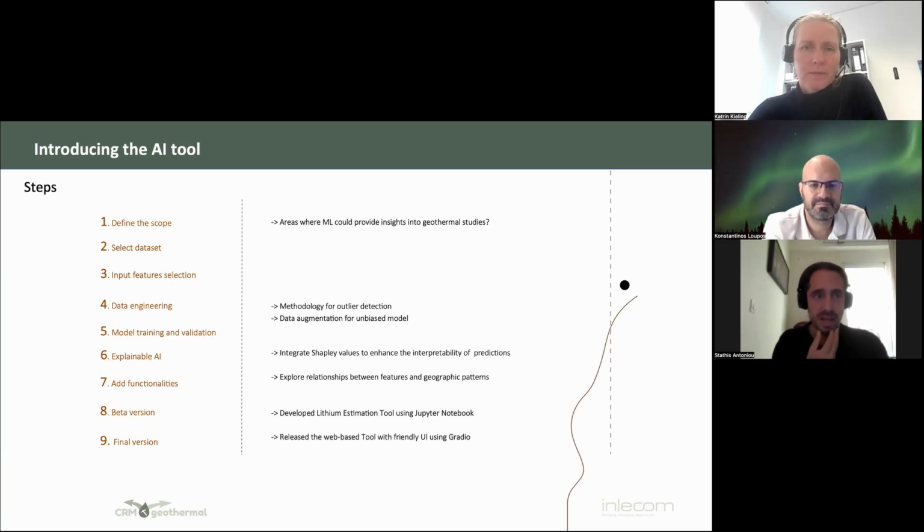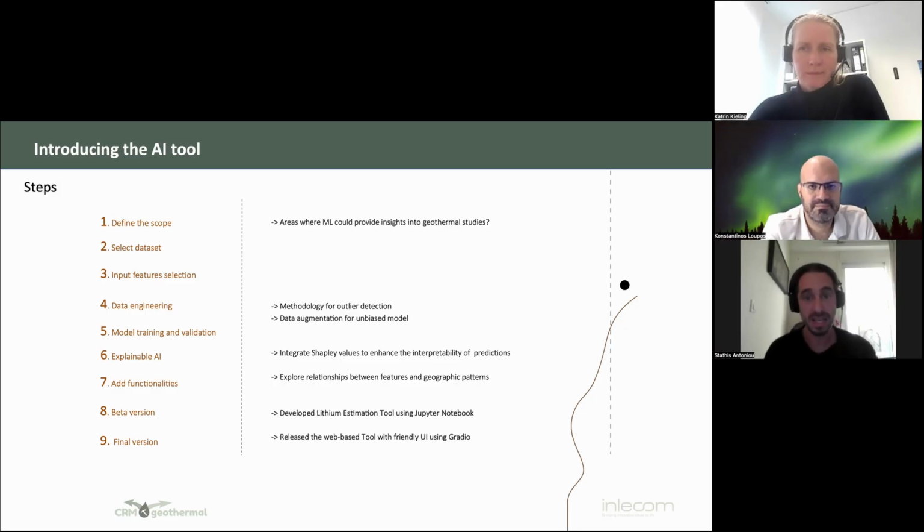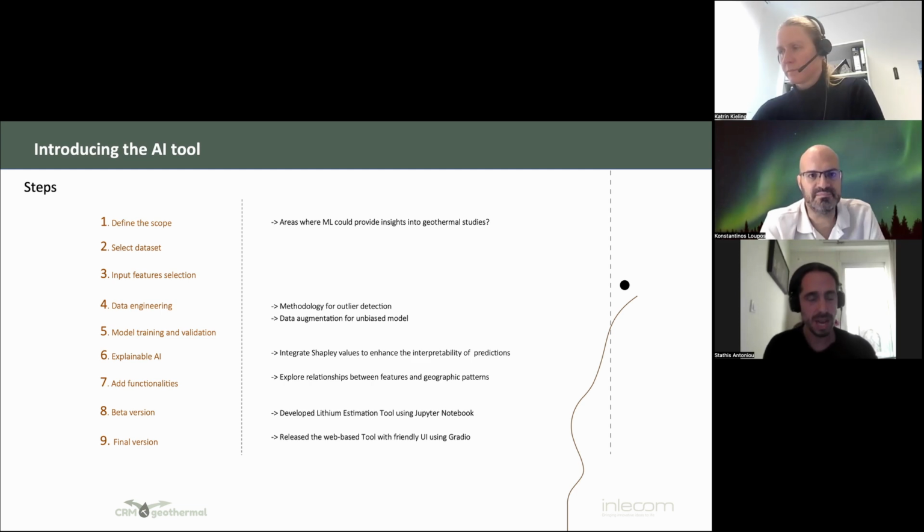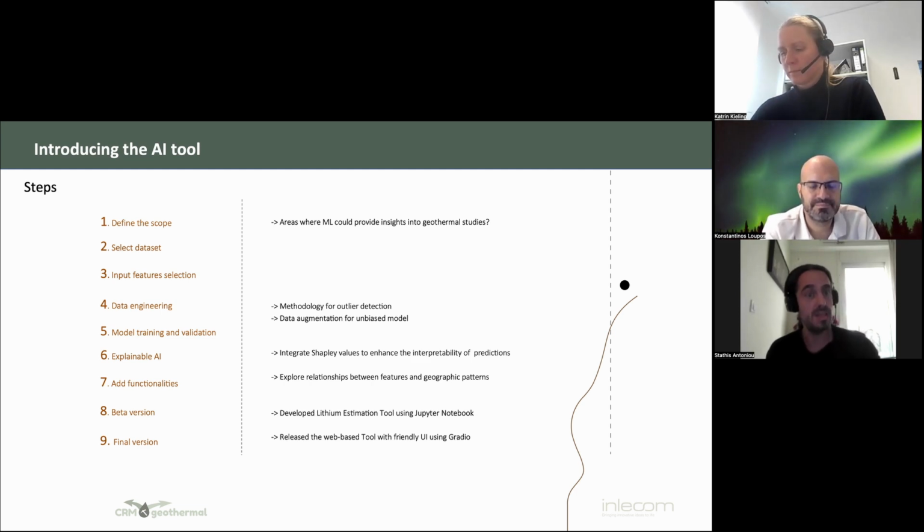How did we do that? The broad steps are shown here. First, we had to define the scope. We did a lot of searching on which areas ML can provide insights that are really valuable to geoscientists. Then we selected the data set, just like Catherine mentioned. We were lucky on that side because there was already good data available, not the case in many data science projects.